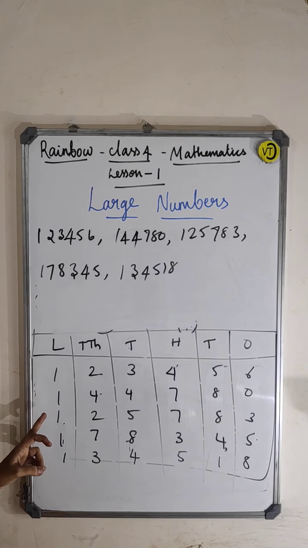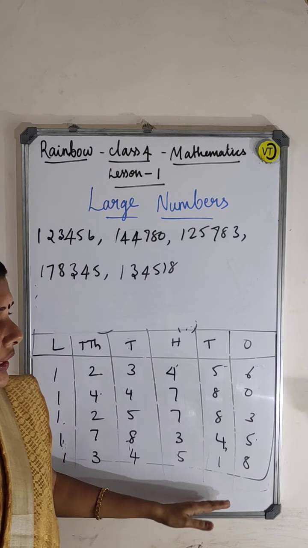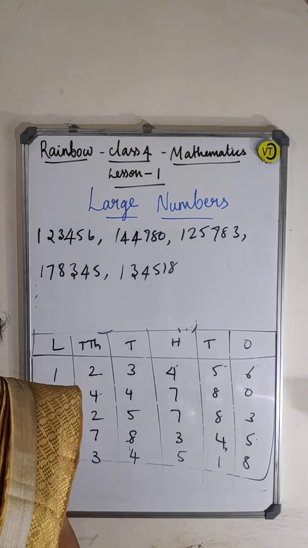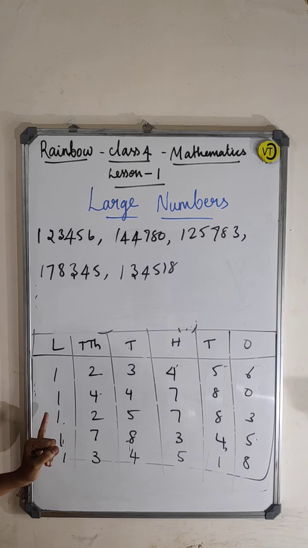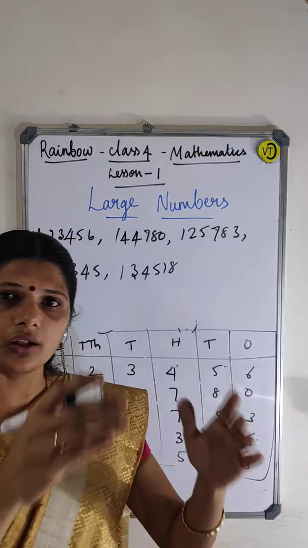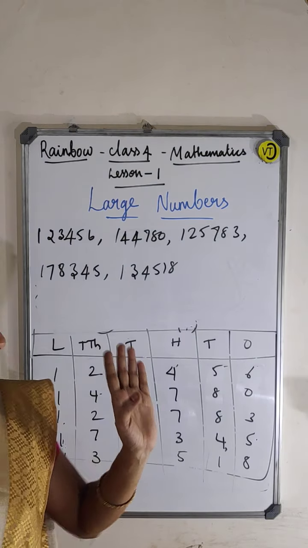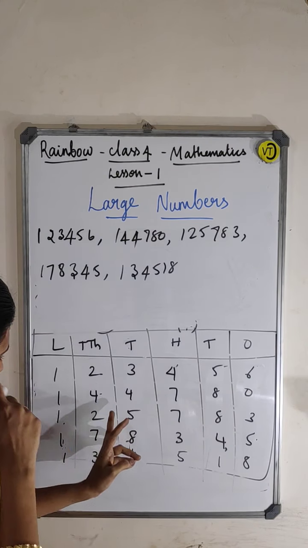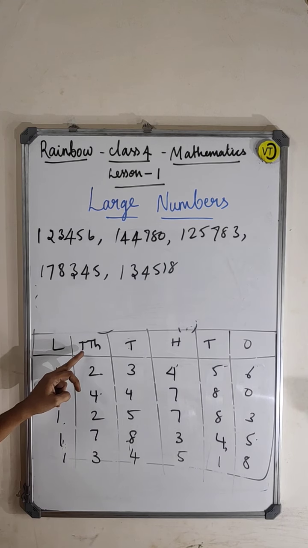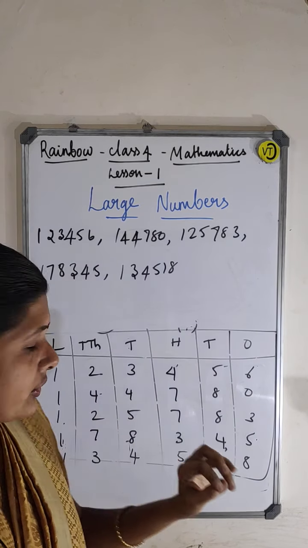Again I have represented all the numbers in the place value chart, guys. See, I have already written all the values in the place value chart. Here everything is 1, 1, 1. I cannot compare in the lakhs place. Why? Because all the numbers are the same. How can you compare it? No. You come to the next place, the ten thousands place. Here you come. So which is the smallest number? I want to do these numbers in the ascending order.